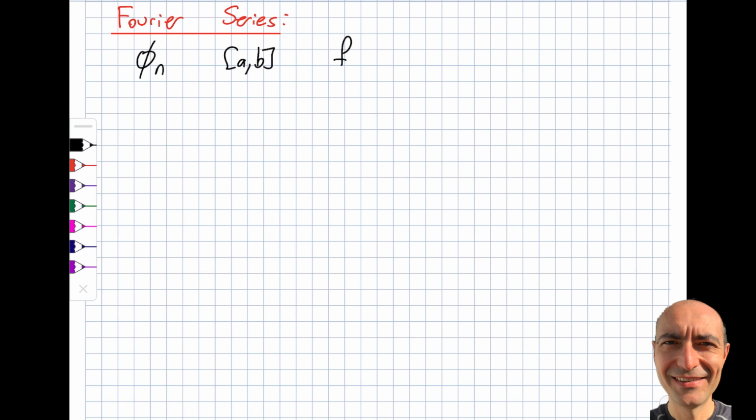Then I showed you that we can formally expand this f in an orthogonal series in this particular manner: C0 phi 0 of x plus C1 phi 1 of x, and I go all the way to infinity, right? So I've shown you that. Right now I'm going to make a special case of what I just talked about, okay? And I'll make the expansion with respect to a trigonometric series, a Fourier series